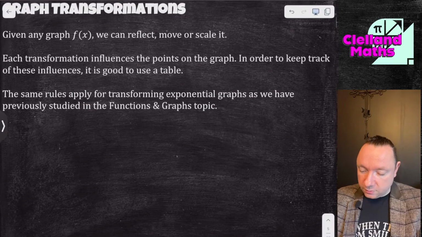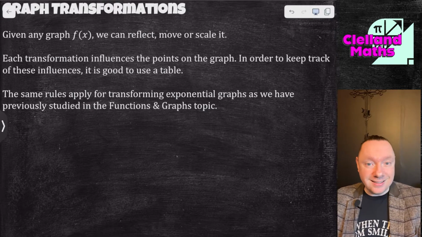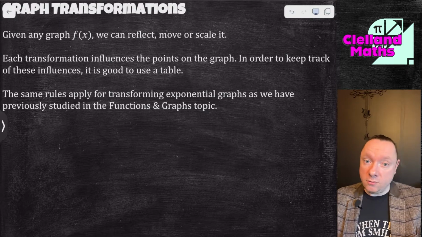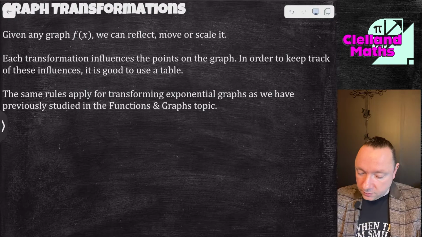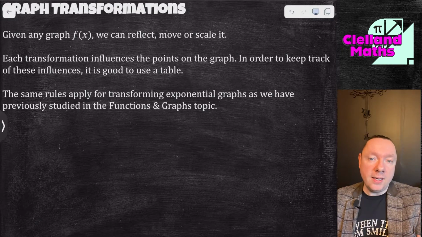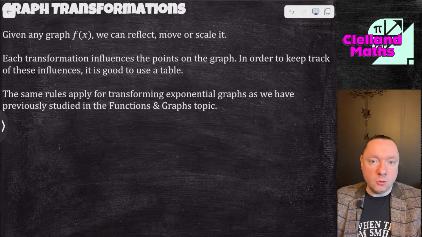For any graph, we can reflect it up, down, left, right, scale it. We've done that before. And if you're needing help with graph transformations, look at the functions and graphs topic. But each transformation emphasizes a point on the graph, and we need to keep track of these. So the best way to do it is just to make some sort of table to keep track of how